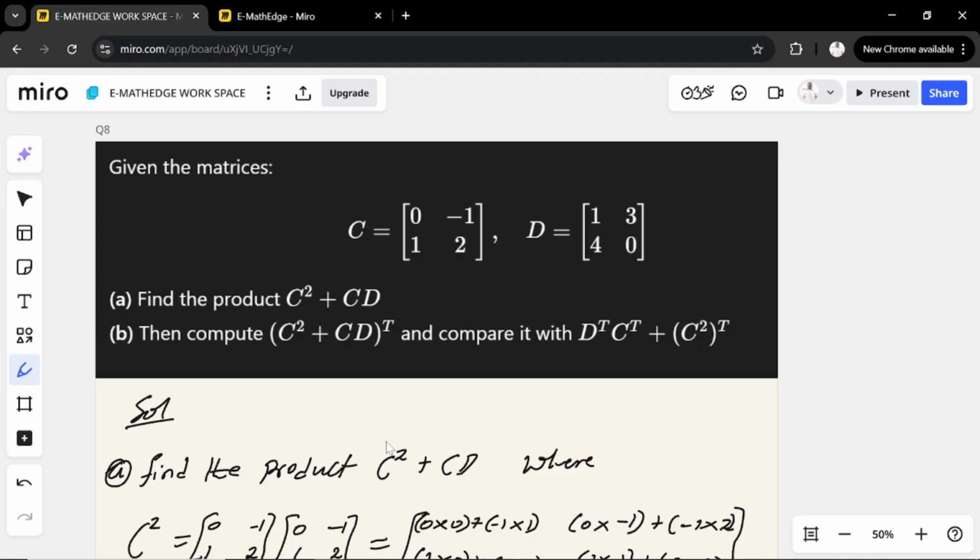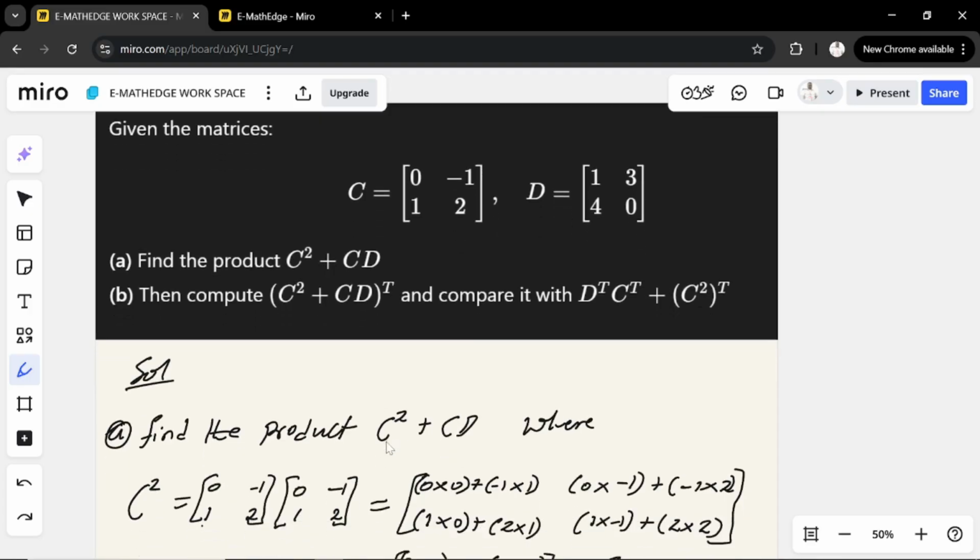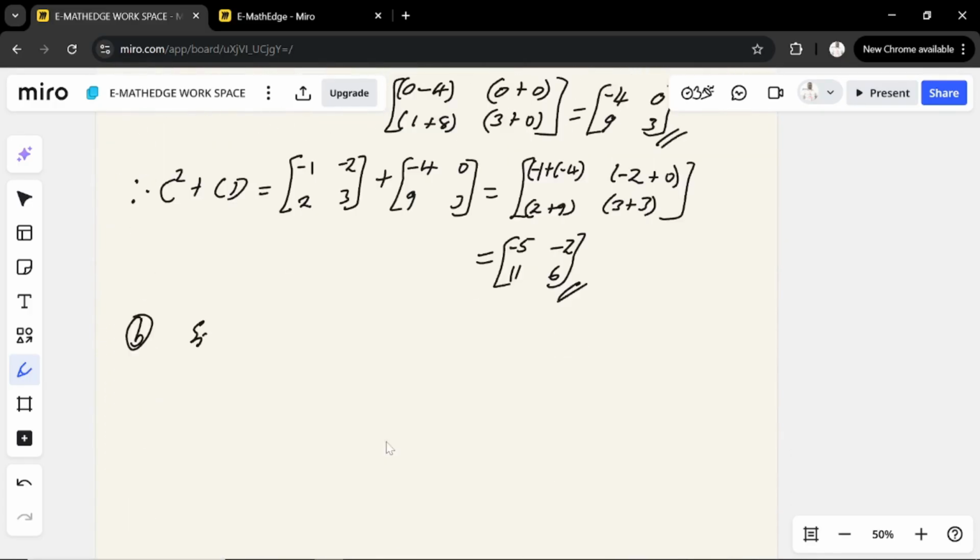So the first thing we are going to do is to find the transpose of this result which we just obtained, C square plus CD, and keep it aside while we obtain this. So let's go ahead and do that. Since C square plus CD is equal to negative 5, negative 2, 11, and 6, right? This implies that the transpose of C square plus CD